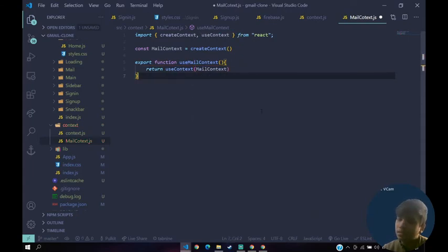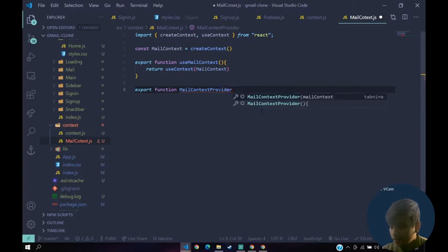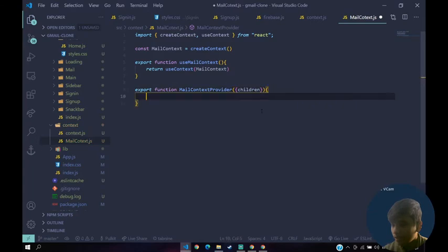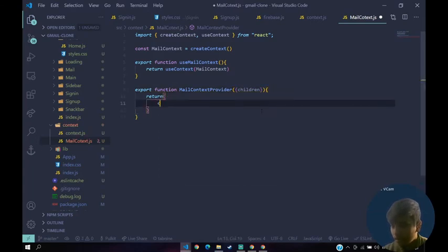So here now we are going to have a provider, so we'll say export function MailContextProvider. Again it's going to accept children, and then it's going to return MailContext provider.